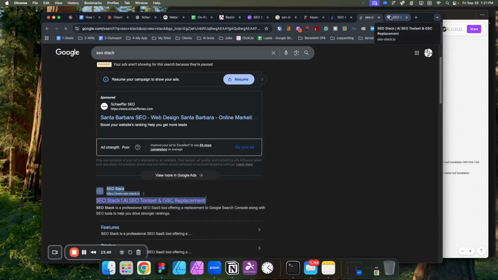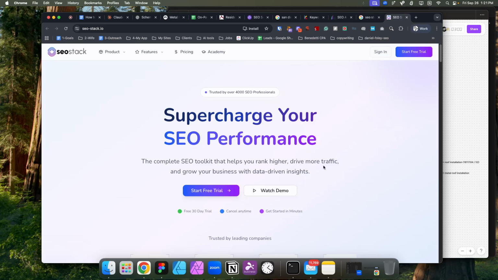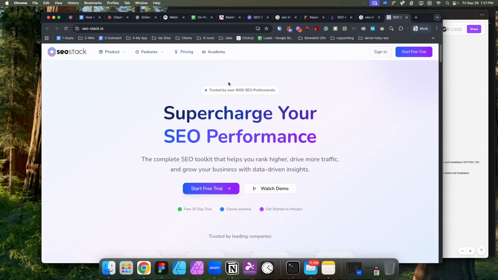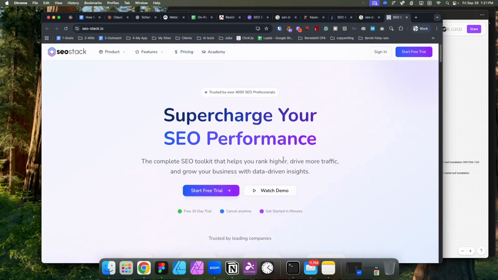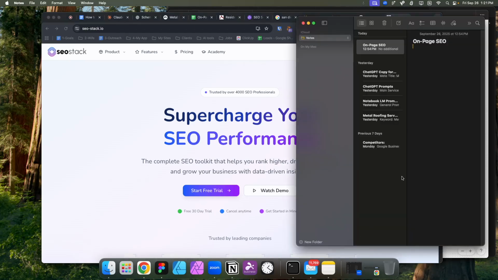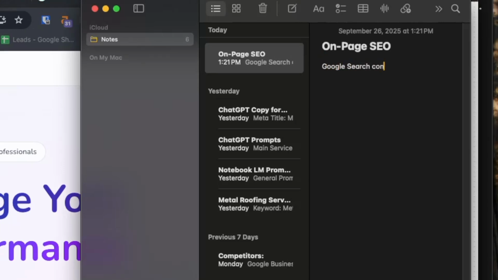It's a little bit pricier, but if you really want to know how well your pages are doing, this is the tool for it. So the idea behind this is in Google Search Console. Let me just pull out a notepad here. Okay, Google Search Console. So you have a page, let's say it's called residential roofing, like we just looked at. And there are going to be queries that it ranks for under it. It's going to be queries like roofer near me, roofing contractor,